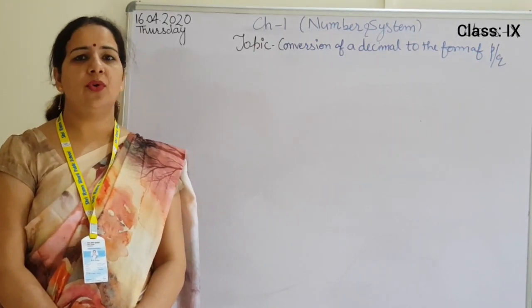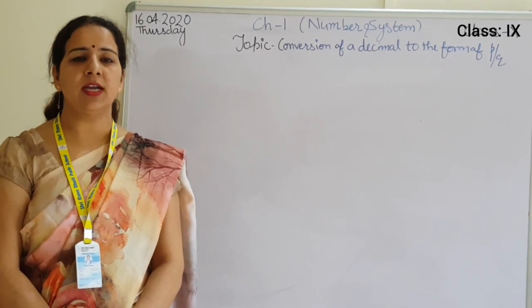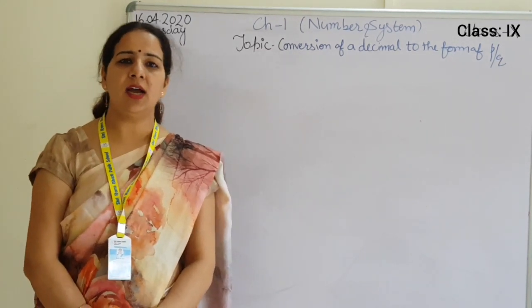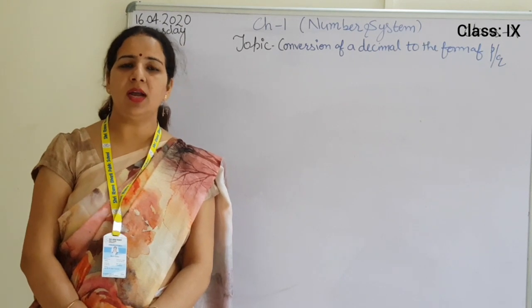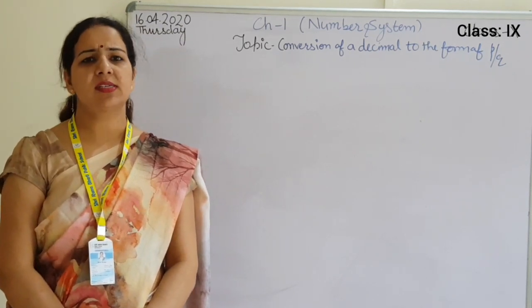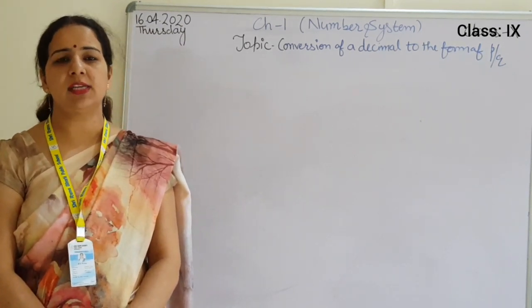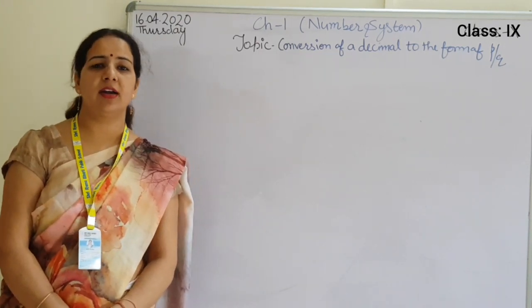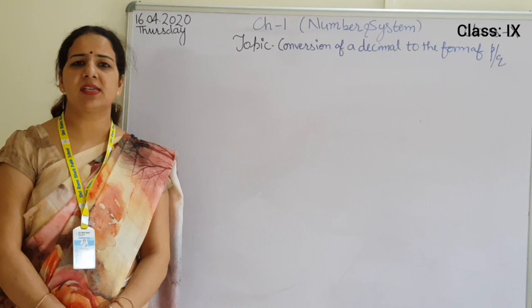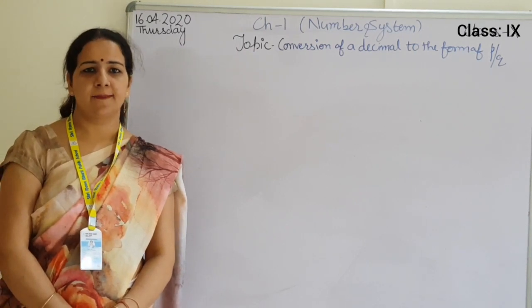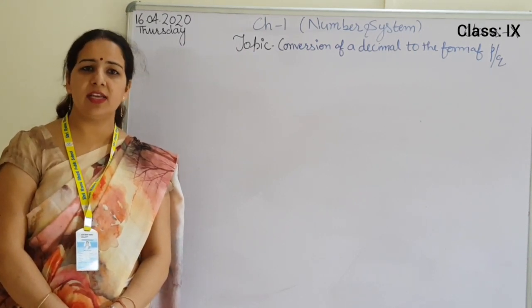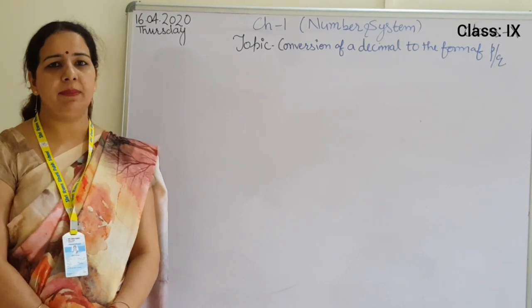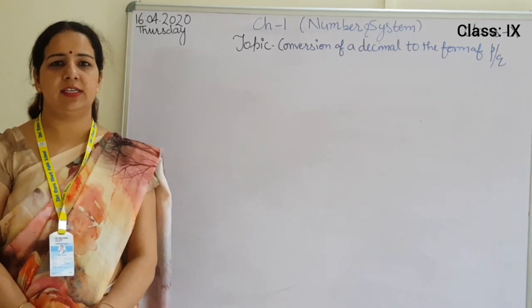I hope you all have completed your homework that we discussed in the last class about number theory. We have discussed natural numbers, integers, rational numbers, irrational numbers, and real numbers. We have discussed all these numbers, so the same I have given as homework also, and I believe that you all have completed it.